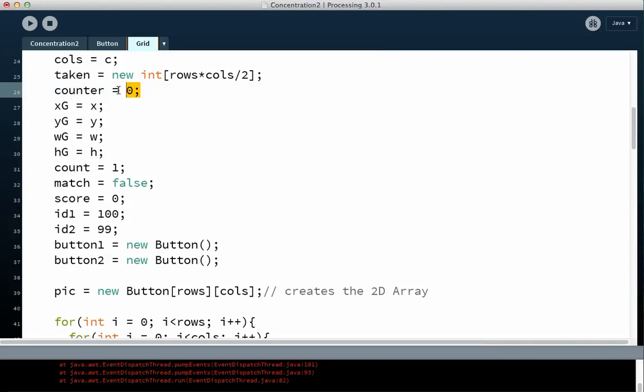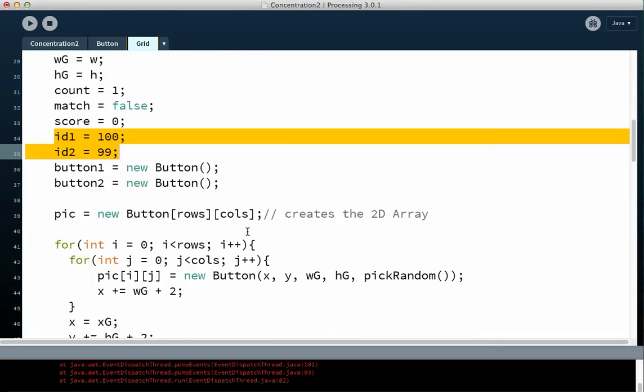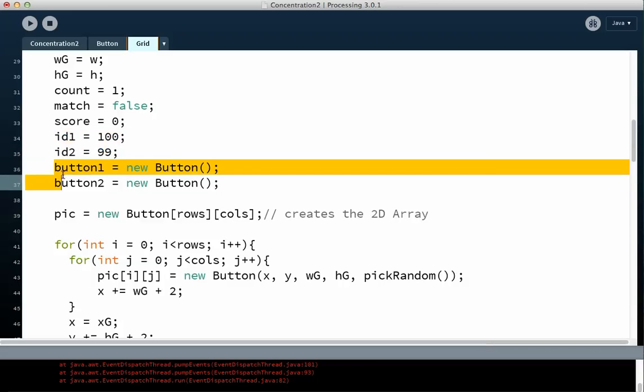At this point in time, the counter is equal to 0 because I haven't counted anything yet. This is a count that keeps track of my flip. I haven't matched anything yet. The score is 0. The ID numbers, I made them really big so that they can't possibly be anywhere near my ID numbers, which will go from 0 to 19 depending on how I use my images. And then I have my two button objects, which are going to store the two buttons that